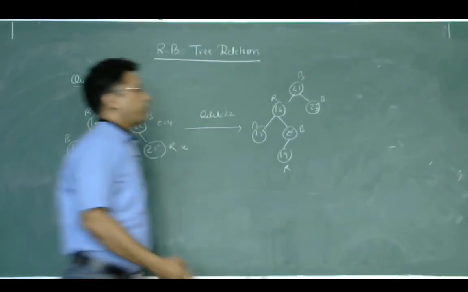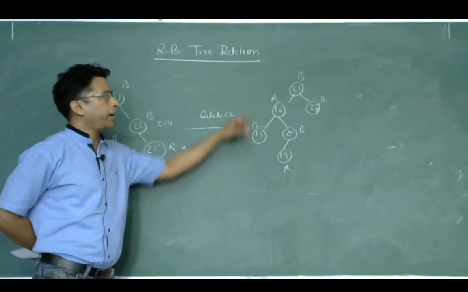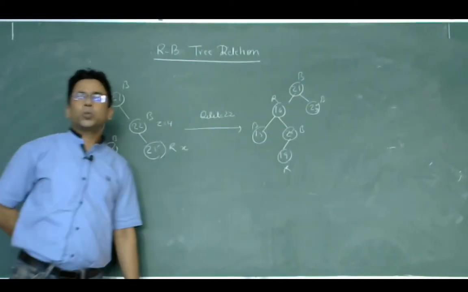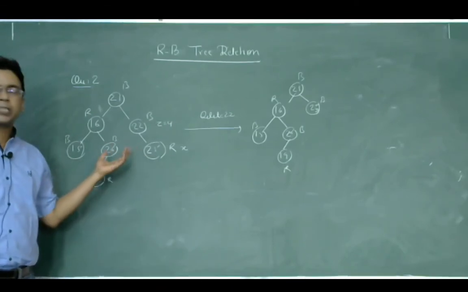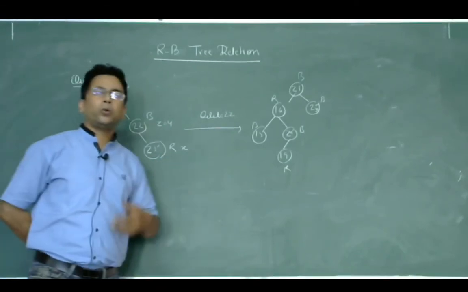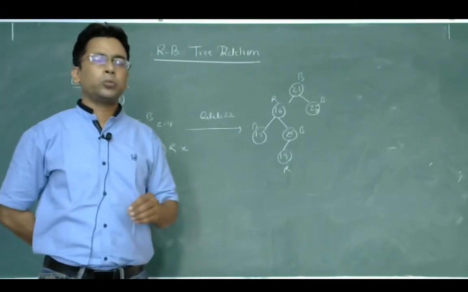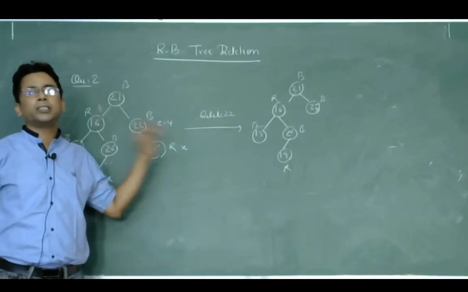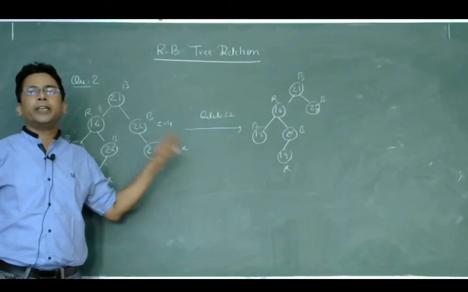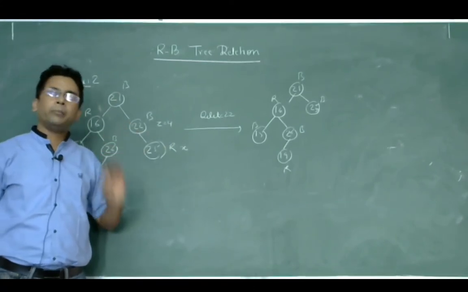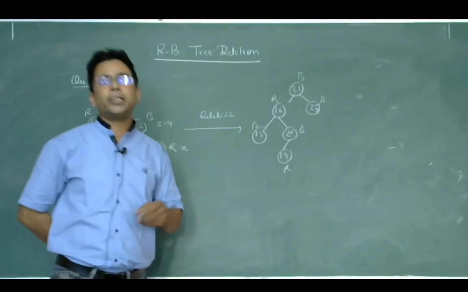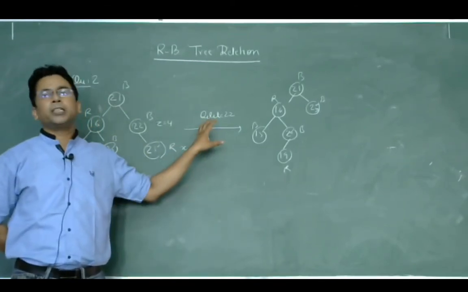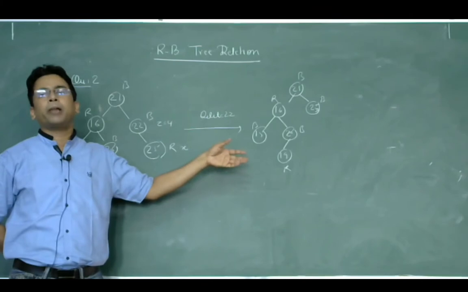Black. Here again you can check that the black height is maintained throughout the tree. So this is the same as the previous one. You always need to fix up after deleting an element. If the successor is of red color, in that situation simply replace that node, and after placing that node, color that node with the black color.